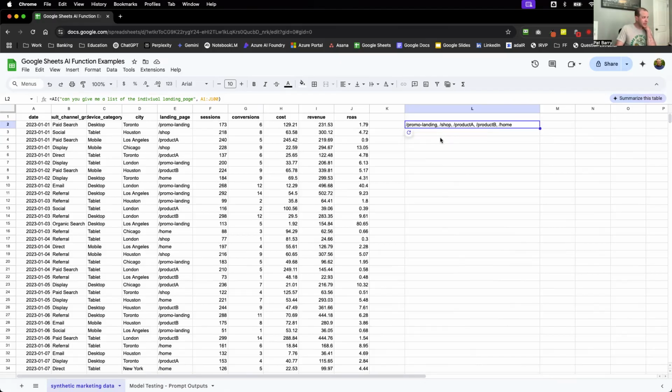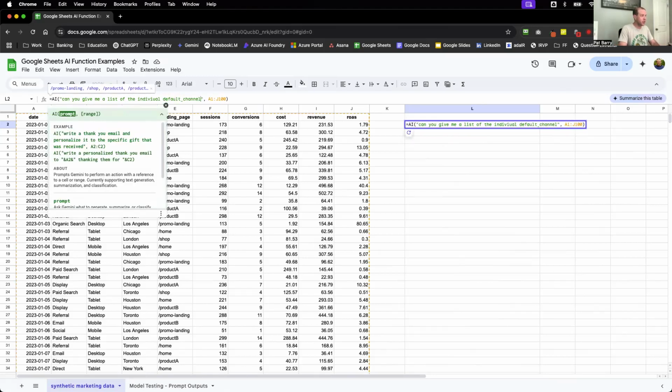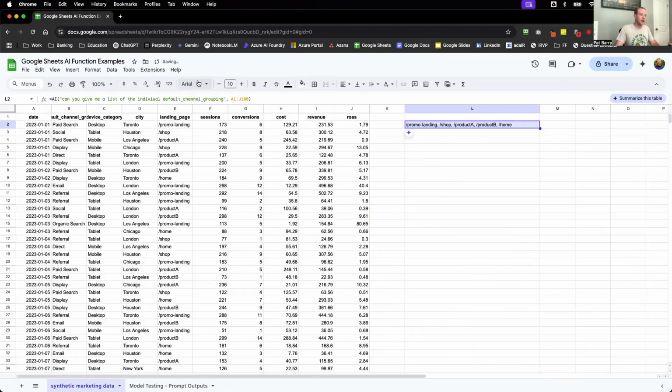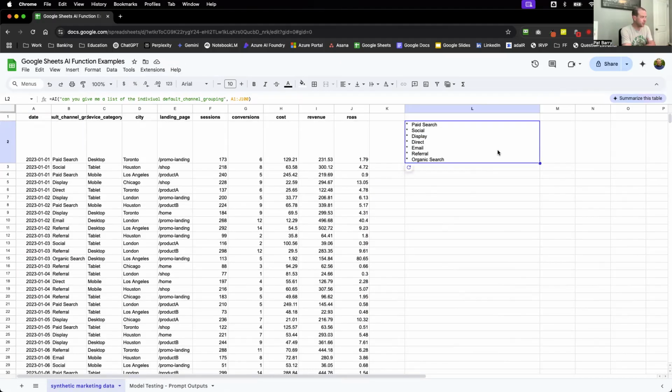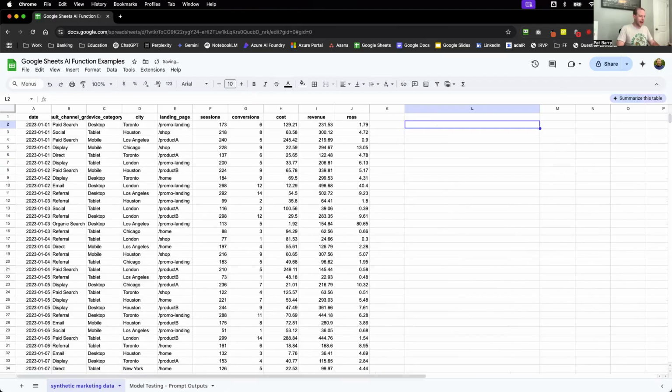Why don't we try something else? We can't sum anything. Why don't we do the same thing and we'll look at the default channel grouping. Default channel grouping AI, and we'll run it. That is true. That is it. So a decent job of deduplicating text. You can't really ask it too many analysis type questions, but I think the next demonstration will be more